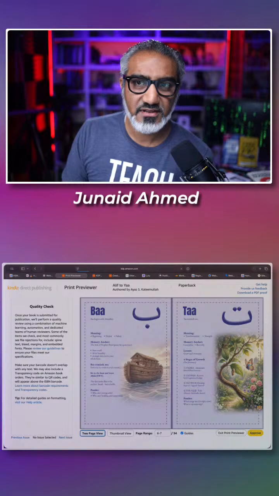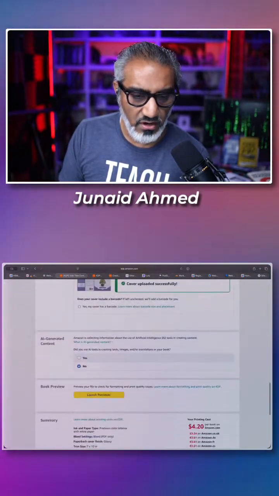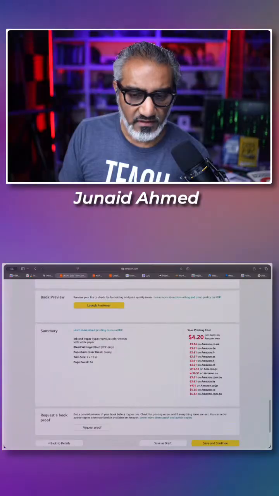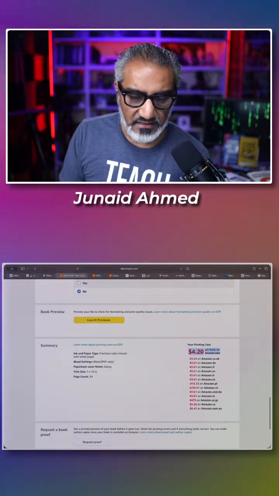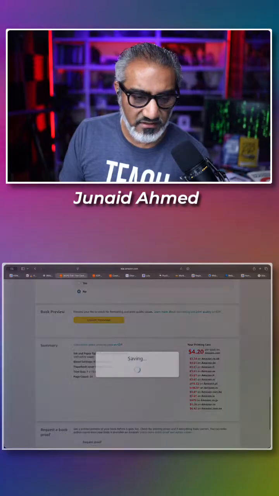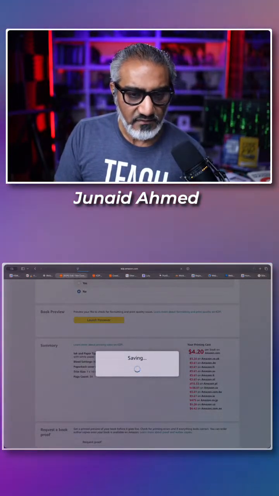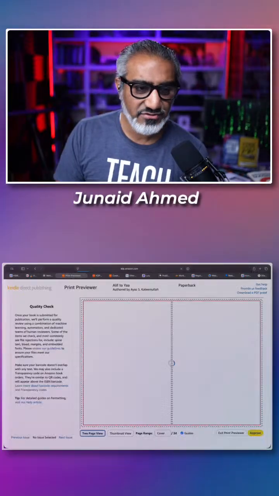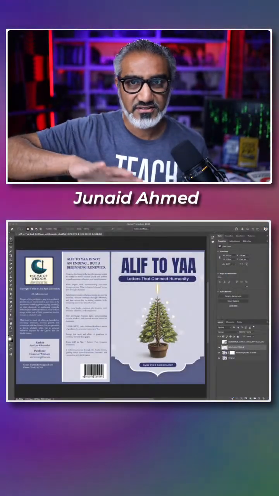And once it's approved, we can send it out to the world. My printing cost is $4.20. And I can set whatever price I want on the next page. Look at that. So there you have it. That's how you figure out the end product, and that's how you then launch the product to the real world, reverse engineering and all that stuff.